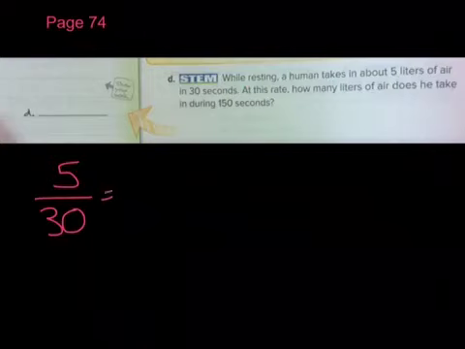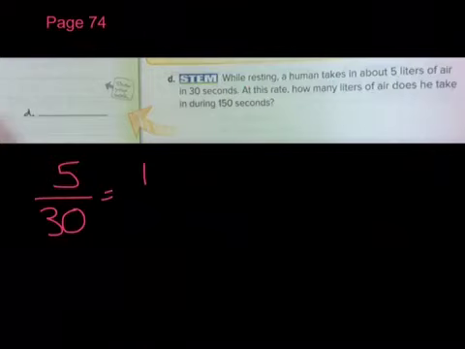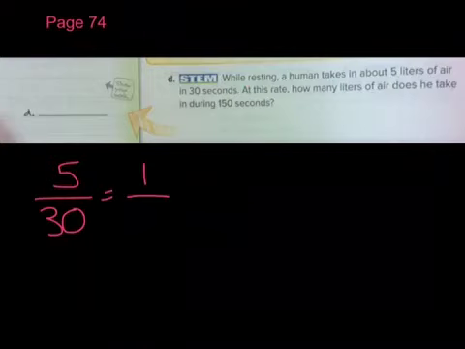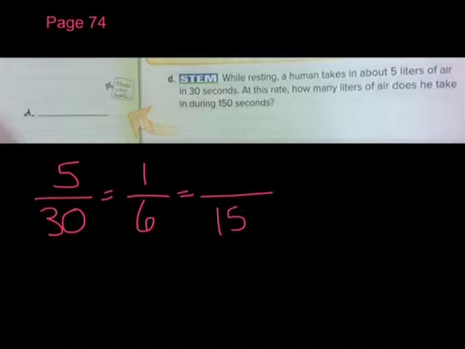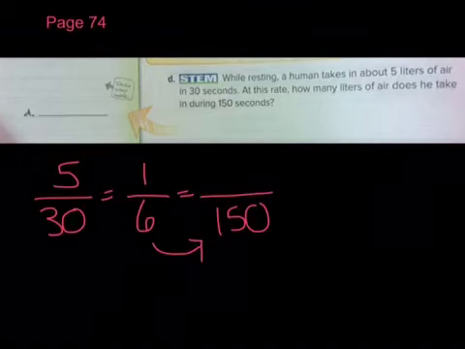Okay, let's write that down. 5 liters to 30 seconds. I want everyone to get always into the habit of simplifying these ratios, these fractions, right down to a unit, because that'll help us. So I'm just going to go ahead and take the liberty to do that. 1 liter in 6 seconds, right? And now they want to tell us how many in 150 seconds, okay? What must I do to the 6 to make it 150? Well,